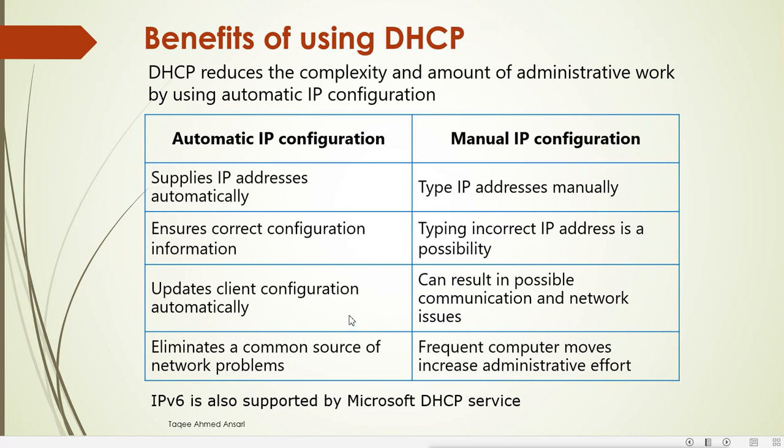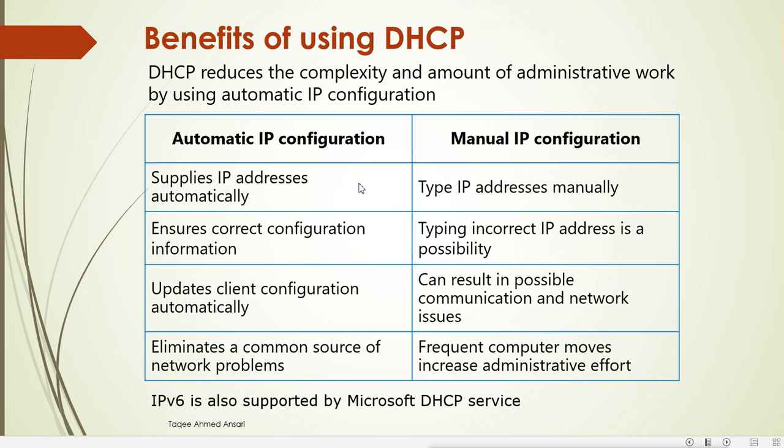So two problems: giving IP addresses manually will be difficult for us, and also when you give manual IP addresses, you can waste the IP addresses. So DHCP saves us from these two problems and other problems. Now DHCP is basically a standard protocol of the TCP/IP protocol suite. It's a protocol, and when you configure the protocol on the server, it becomes a DHCP server.